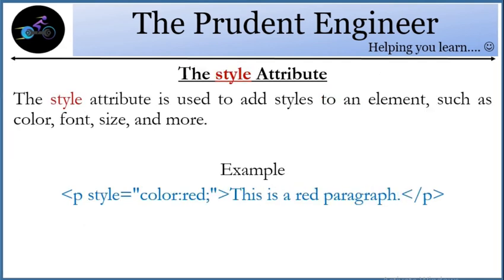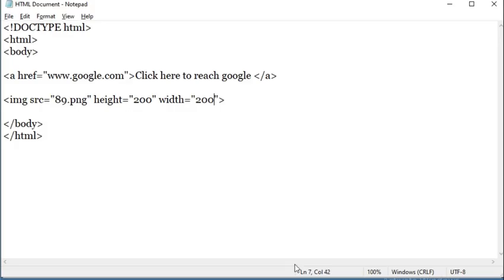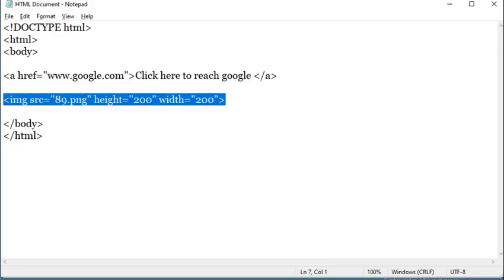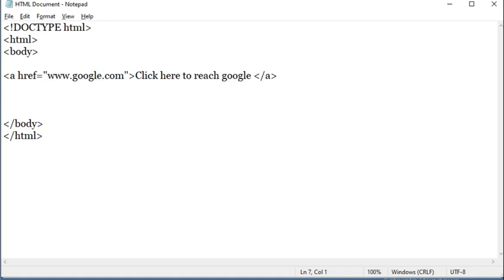Now we come to the style attribute. The style attribute is used to add things like color, font, or size. Suppose I want to write a paragraph in red color. I'll write p, put a space, write style, then again equals, in quotes, color, and I want it to be red. Notice that I have put a colon here.